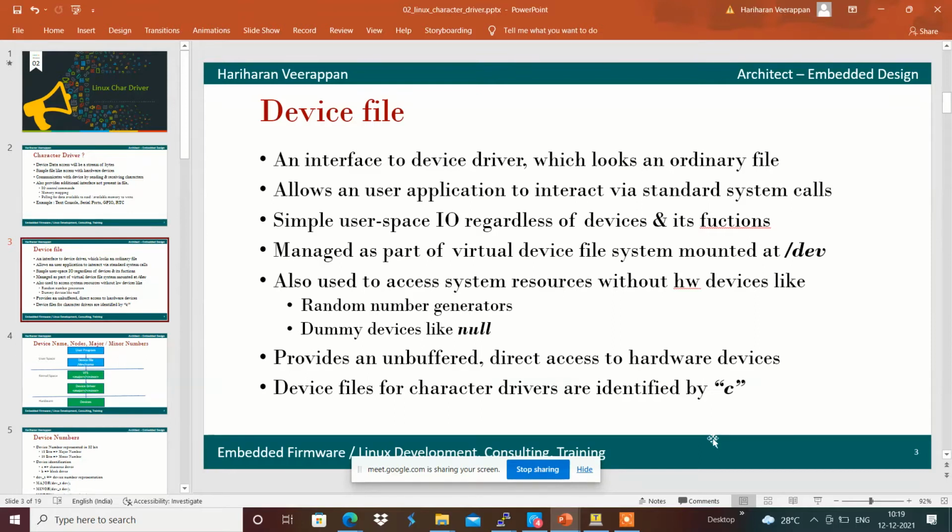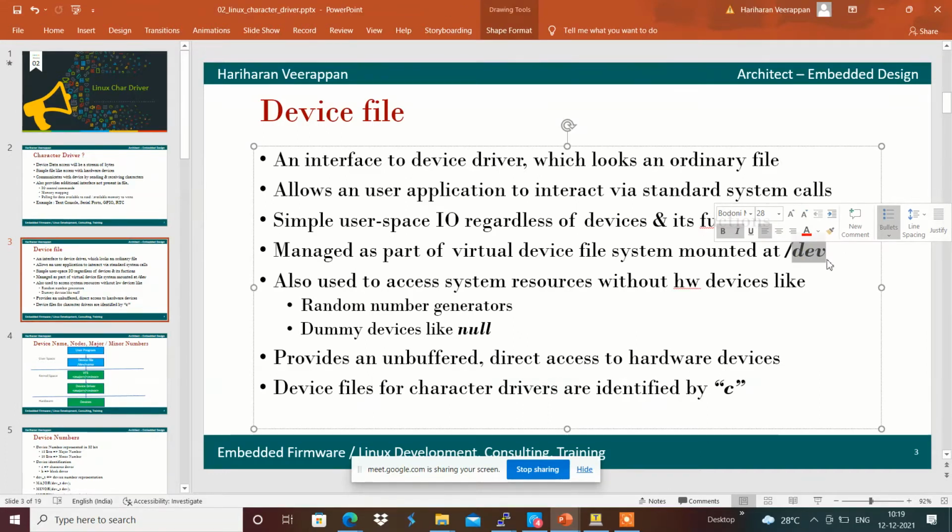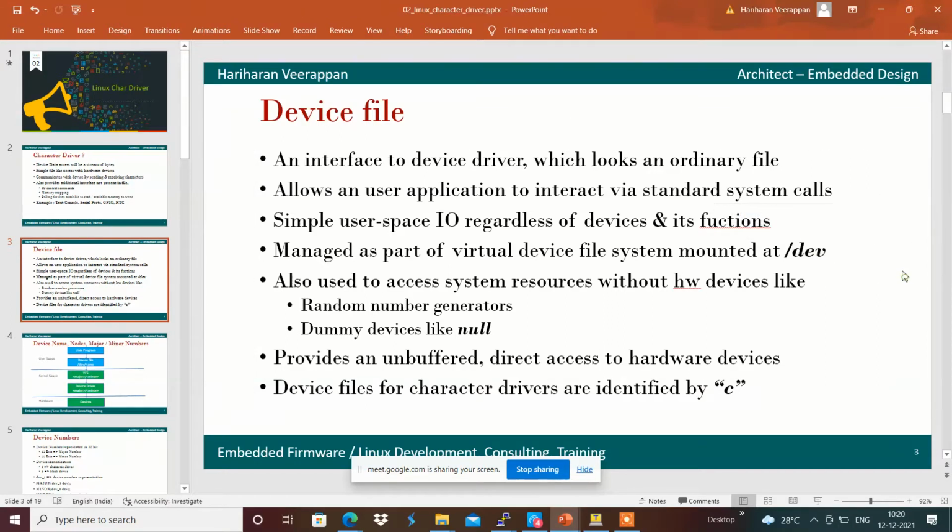Device files are managed and present within the /dev directory of the Linux kernel root file system. A device file can also be used to generate random numbers in order to get the respective hardware device access.